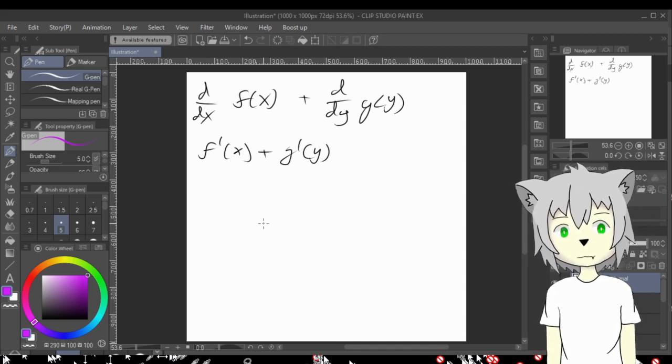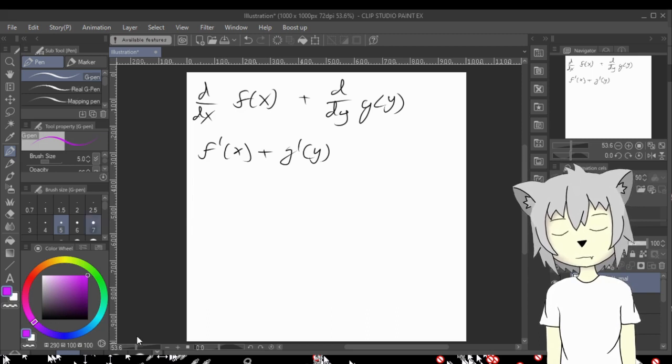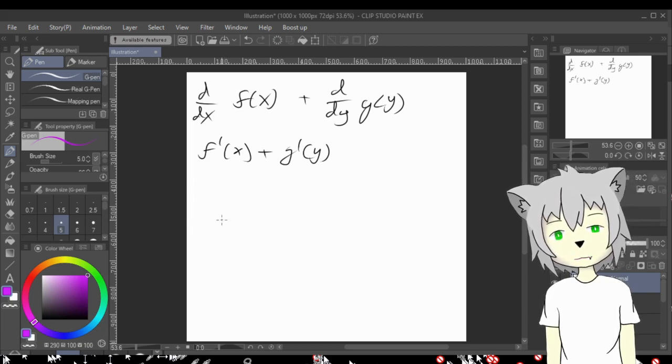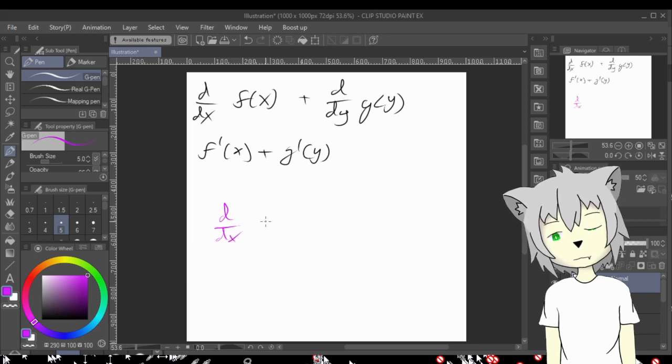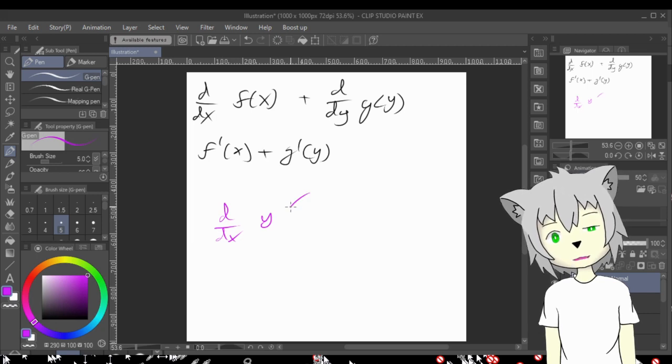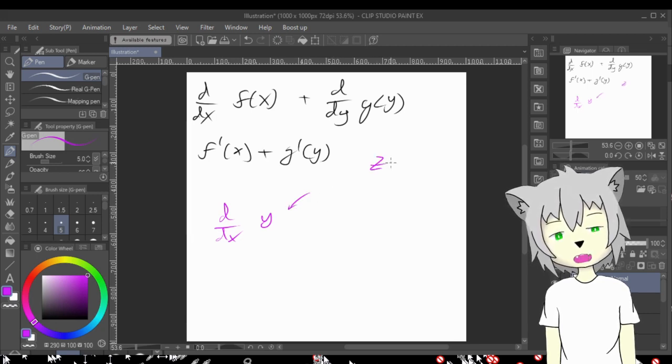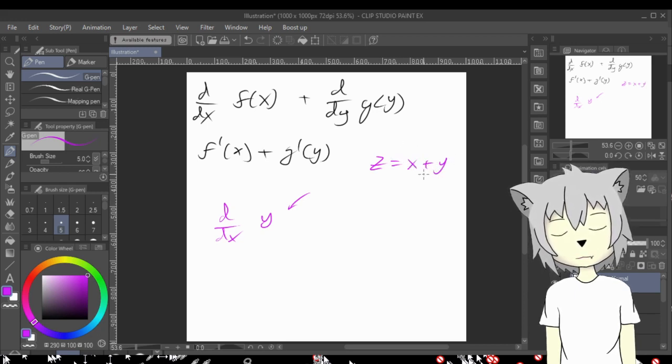You just need to look at how the letters cancel, basically. But if y is a variable in and of itself, multivariable functions usually look like some variable defined by two different variables,